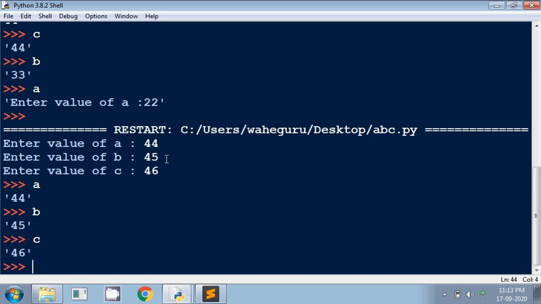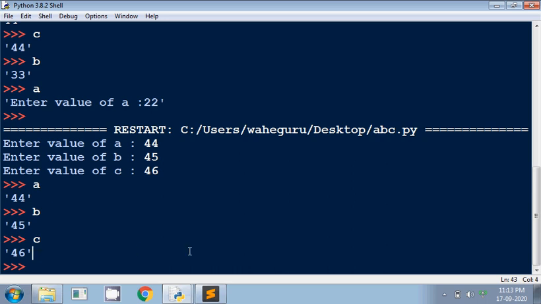For a I entered 44, for b I entered 45, and for c I entered 46, and it is giving me the correct values, but the values are within the apostrophes. And if you remember from the previous videos, the values in the apostrophes are strings and not integers.